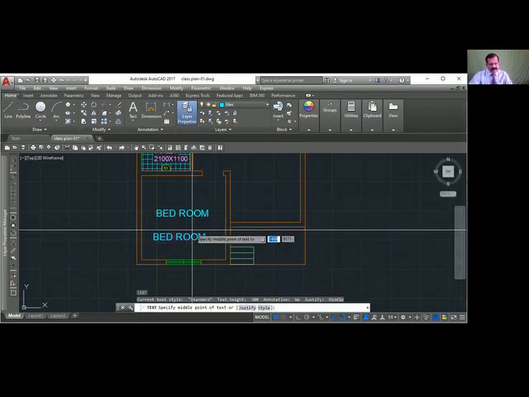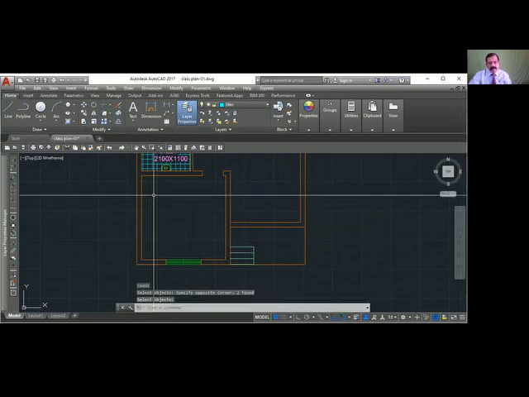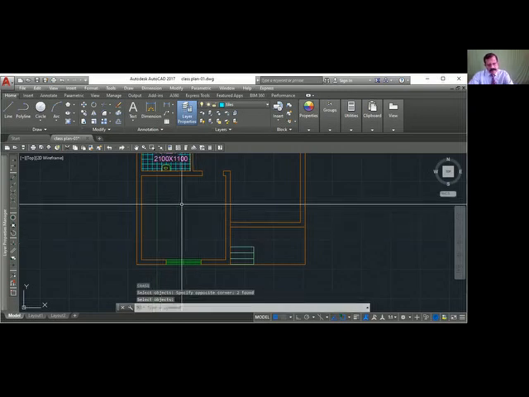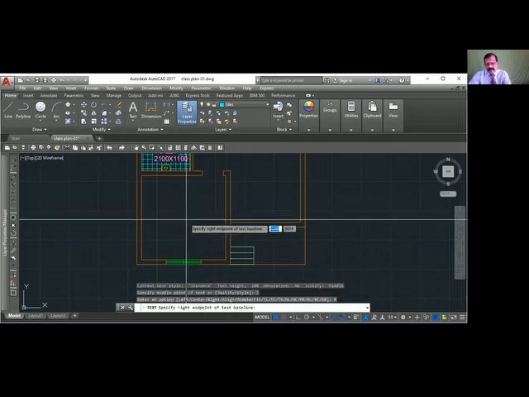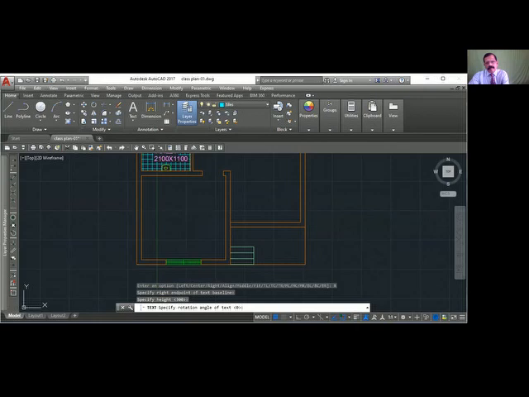Okay. Same way you can right align text, justify, R for right. You can see that it is writing based on the right align.